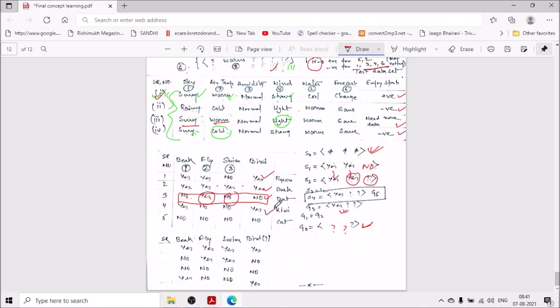Next is a yes. Yes, no, no. So yes, both are the same, keep as it is. Yes, no, and yes: it's a no and it's a yes, different, so use the question mark. Last one is no. So no, and we can see no and yes, both are different, keep as it is. No, and the remaining are question marks. So definitely we have to follow this one. So we have only the one hypothesis, this one.